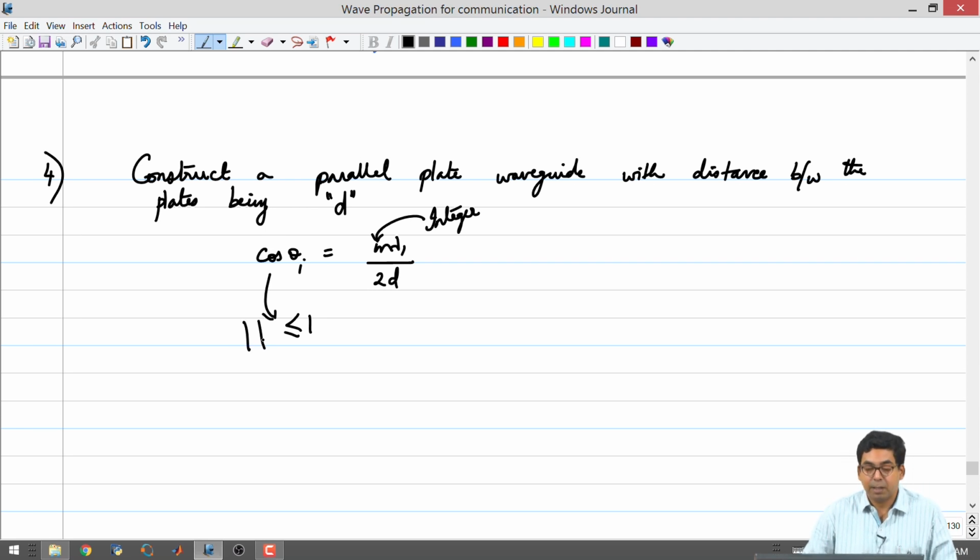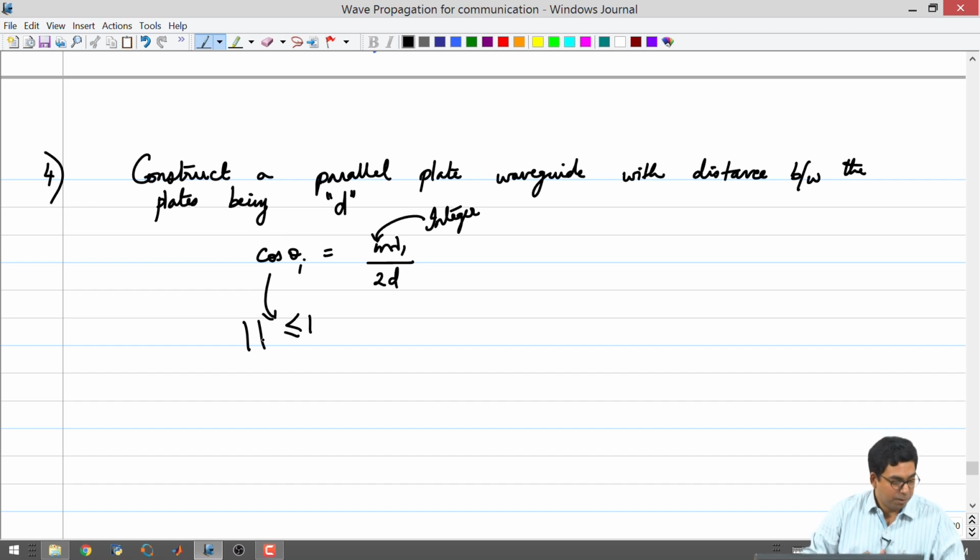The absolute value has to be less than or equal to 1. So, there are constraints in the way you launch the electromagnetic wave. You cannot take any parallel plate configuration and just say that you will launch the wave and you will get a very perfectly controlled delayed version on the other side. Looks like there is some constraint on the angle.